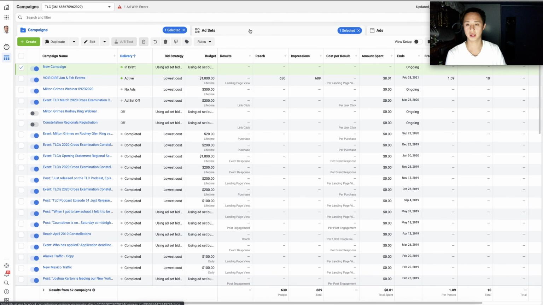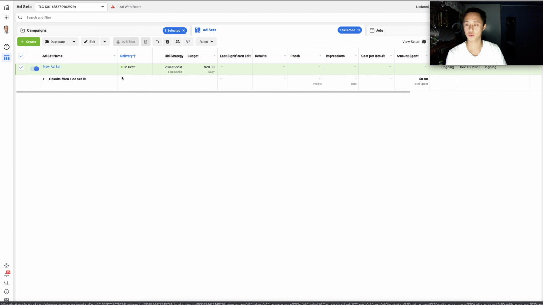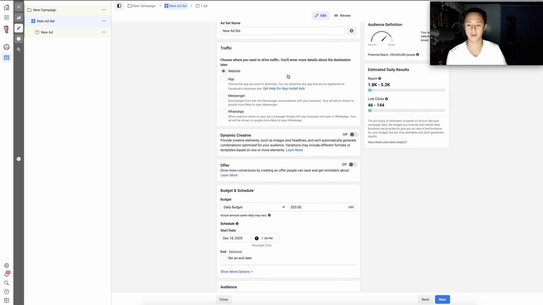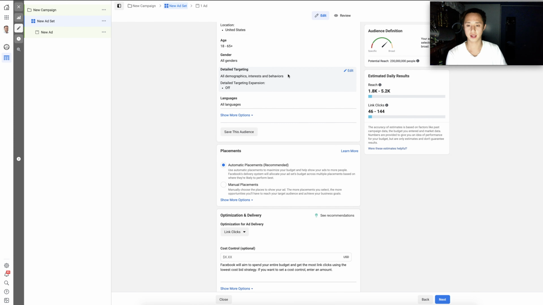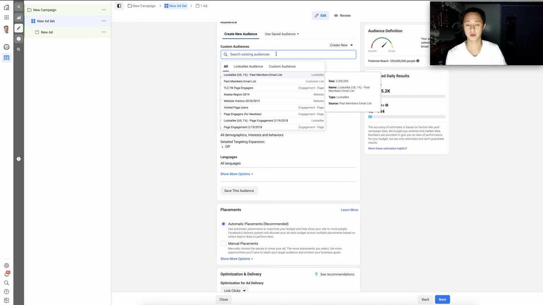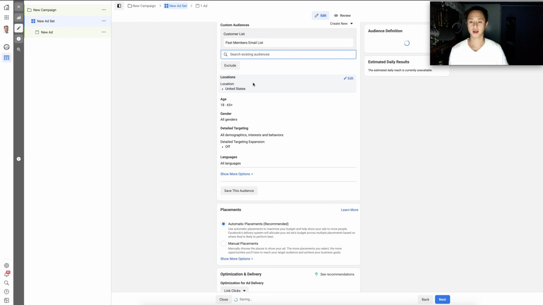I check marked it, and in your ad set is where you're going to be able to target those audiences that we just created, right? So I click on edit. You can mess around with all that, scroll down a little bit, and it's going to be in your audiences. Okay, so from here you can see our custom audience, right? Past member email list. Now this is the email list that we gave to Facebook saying, hey, here's our list of emails of our past clients, right? So if I click on that,